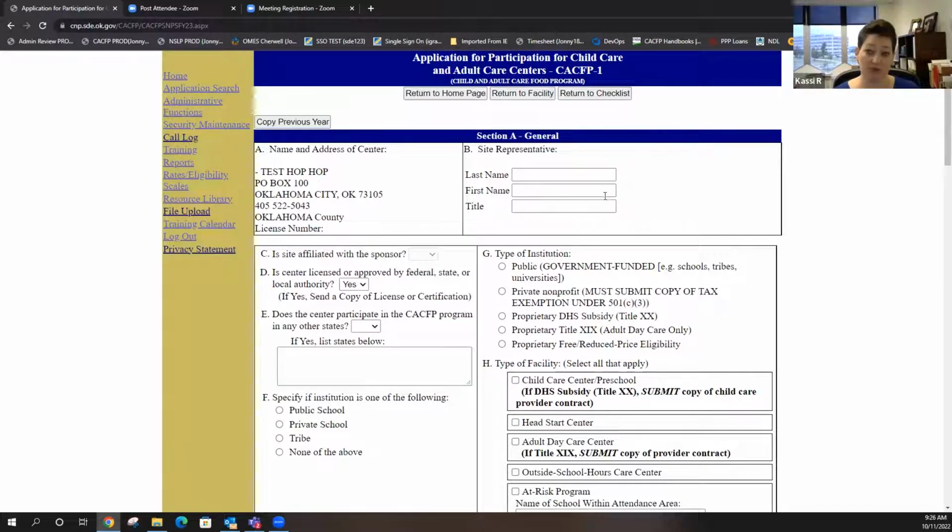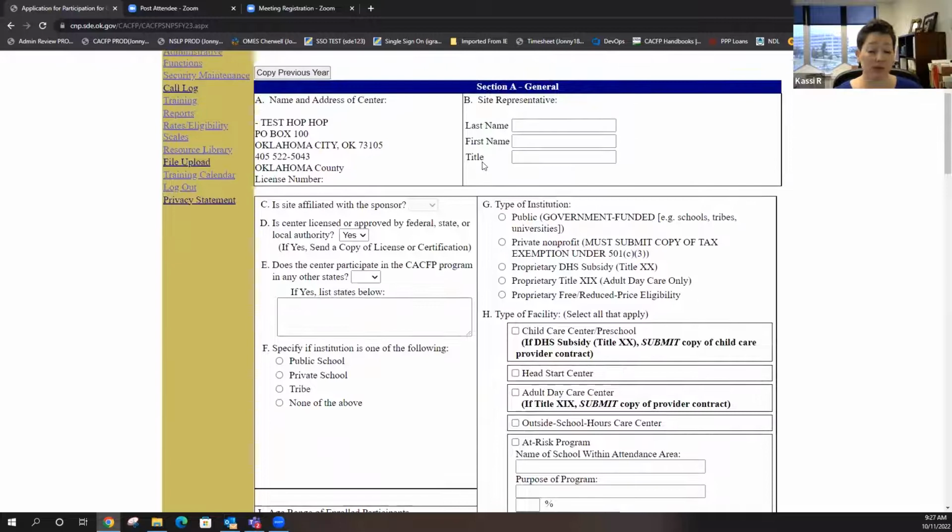If you're able to type in here and you do change something right now, that's fine. We're getting ready to make a change later this week where you can't do that. The reason being is if you change it here and it doesn't get changed in site maintenance, now in site maintenance we have Betty Joe, but over here you have Cassie Rideau. Okay. So if you change it here, let us know so we can go into site maintenance and change it. But this right here, we added a title. You will have to type that in. So make sure we know when we're coming out, who are we looking for at this site and what is their title?